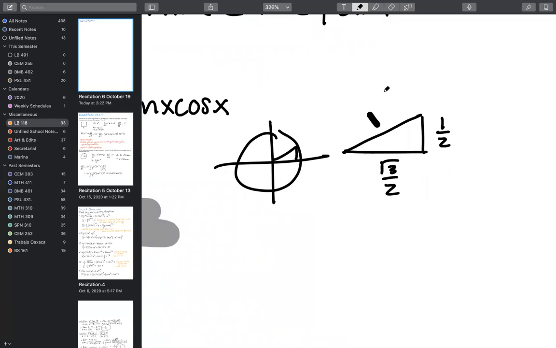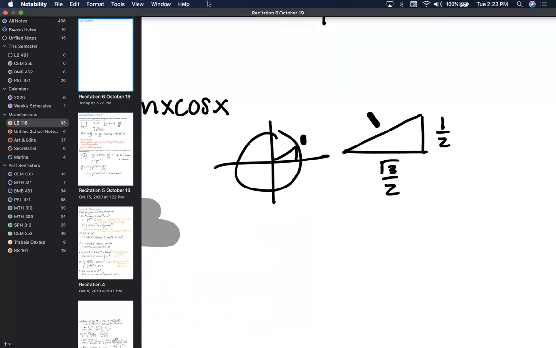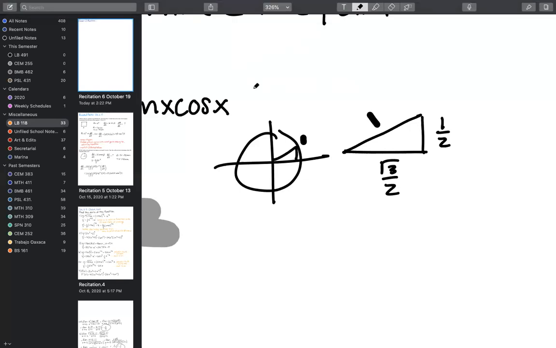These are values that you should have memorized, and you should have them memorized for pi over 6, for pi over 4, for pi over 3, and then for pi over 2. And then from then on, it's just reflecting over the different axes. All the values are the same. You really only have 2 triangles to memorize, the 45, 45, 90, and then the 30, 60, 90. And then you just have to recognize that the 30, 60, 90 is either going to be laid on the long side or it's going to be put up straight, and that they're the same values. It's just kind of flipped.